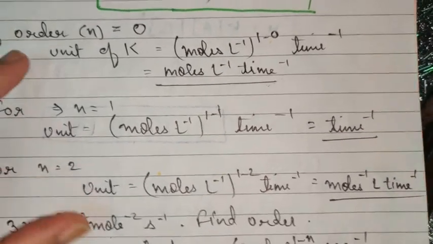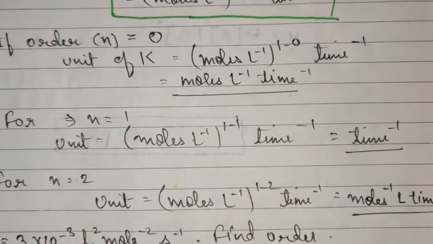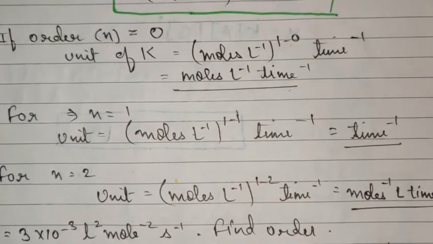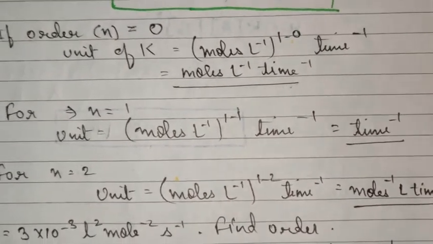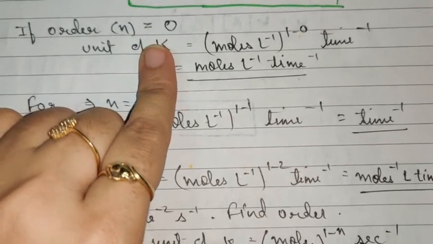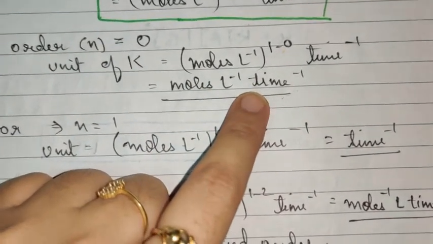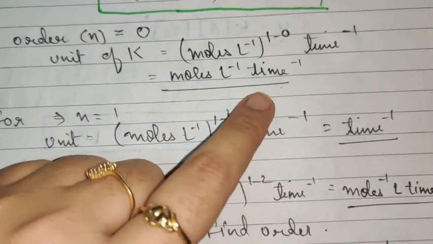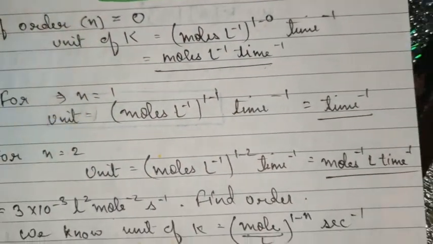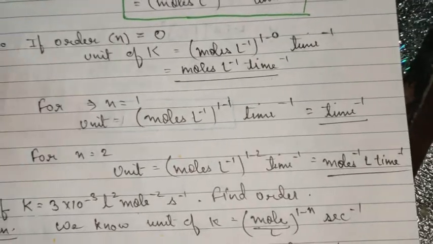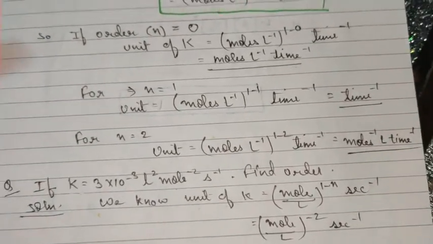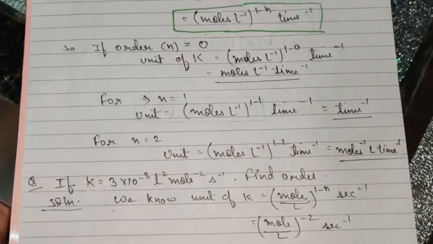So whenever an equation is given to you which is related to the order of the reaction and the order of the reaction is not mentioned, what will you do? You will immediately look to the value of K and its unit. Depending upon the unit of K, you can find out what is the order of the reaction mentioned here, and then accordingly you'll proceed with the solution. When you do the numericals, you will be able to find out.